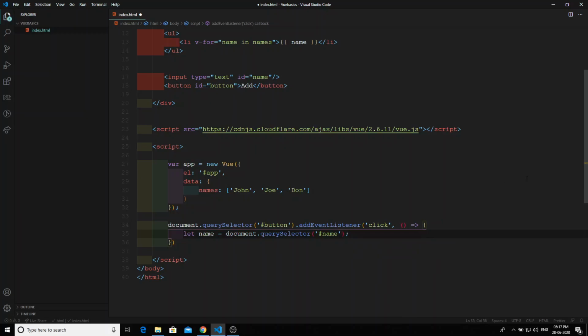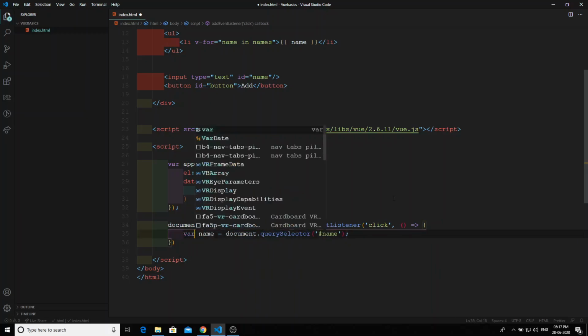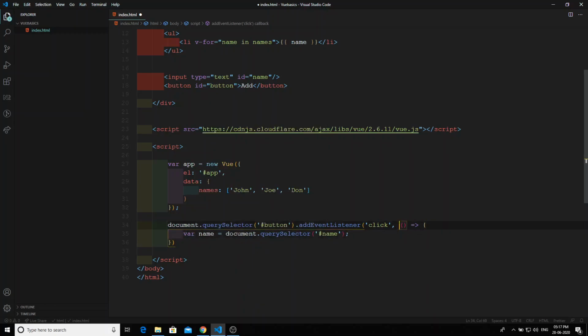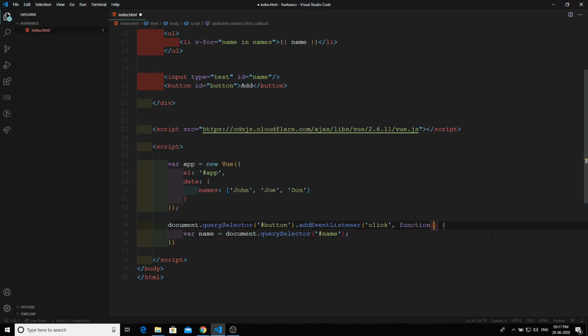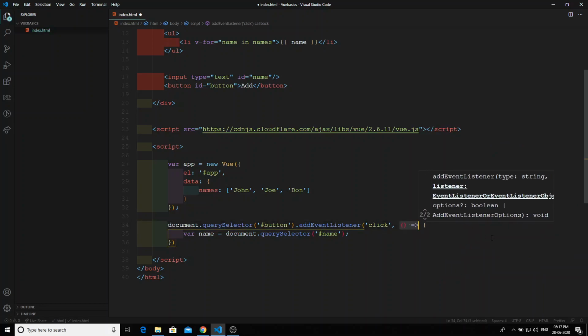See here I am writing using closure arrow functions, lambda functions, and this let I am using. These are ES6 notations. So we will see about the ES6 also in the future. Or otherwise, if you want to write in the traditional JavaScript, you need to mention var here, and instead of writing like that, we need to write function here. Okay, like this we need to write. So let's stick to the latest only.